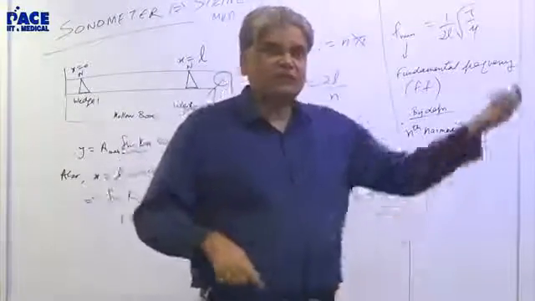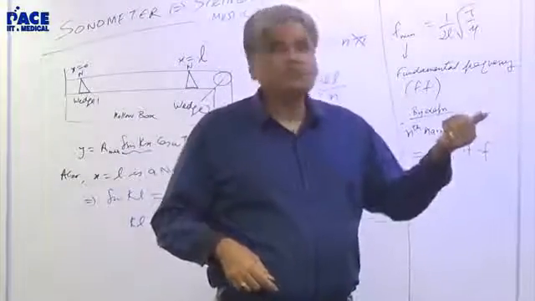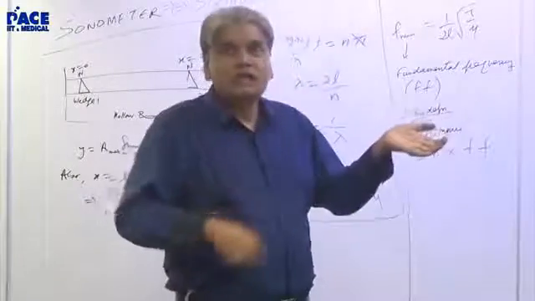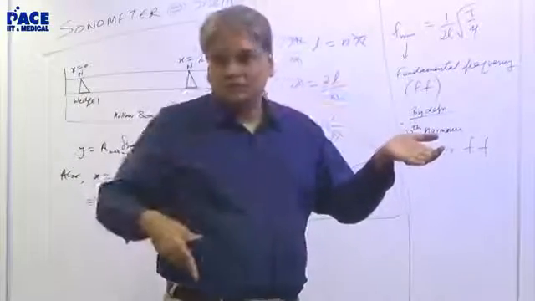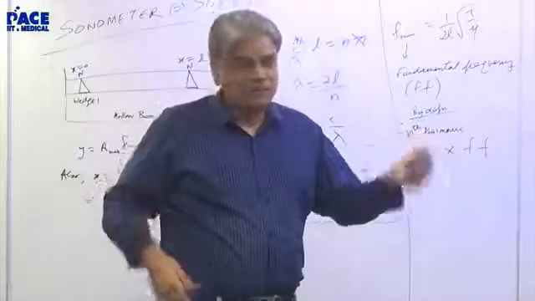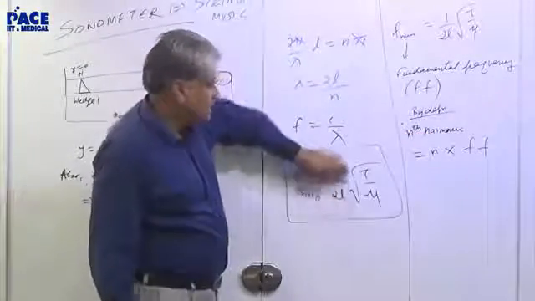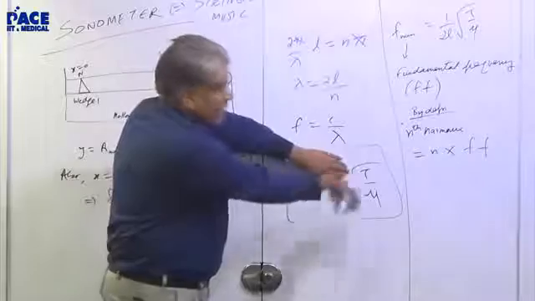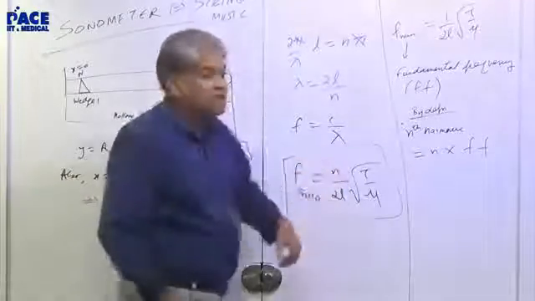एक तरफ हम प्लग करते हैं, दूसरी तरफ कुछ ऐसे ऐसे करते हैं. ये सपोज कुछ भी नहीं किया, ऐसे छोड़ दिया और ये प्लग किया. The entire string will vibrate in one piece. If the entire string vibrates in one piece, that will be like n equal to 1. And this is there. Or you can change the length.